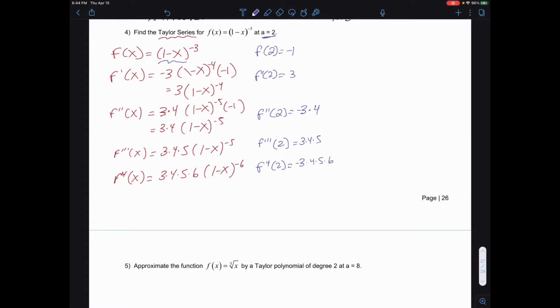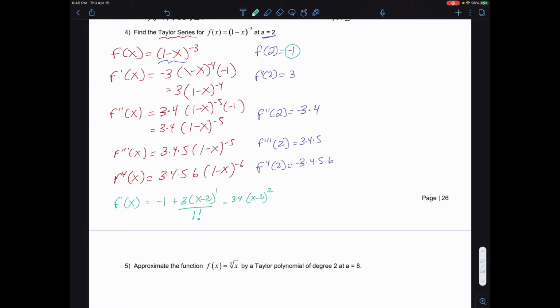So let's look at what our f of x function would be here. We're going to keep that first term, negative 1, and then remember, this is the Taylor series, so it's going to be plus my coefficient of 3, and now it's centered at 2. So now what's different here is I have (x minus 2) to the first power over 1 factorial. Then the next one has a negative sign, so that's negative 12, or we could write that as 3 times 4, so maybe we can see what we did before,